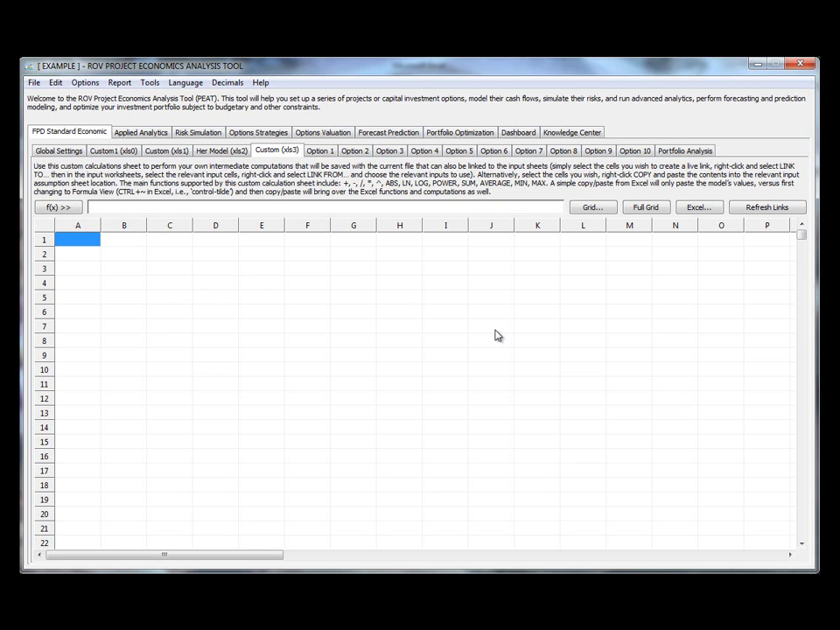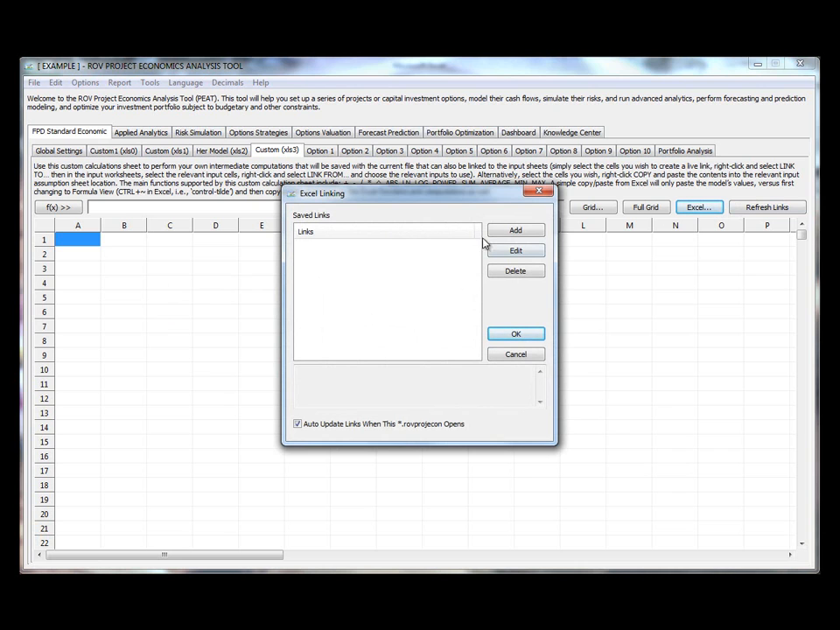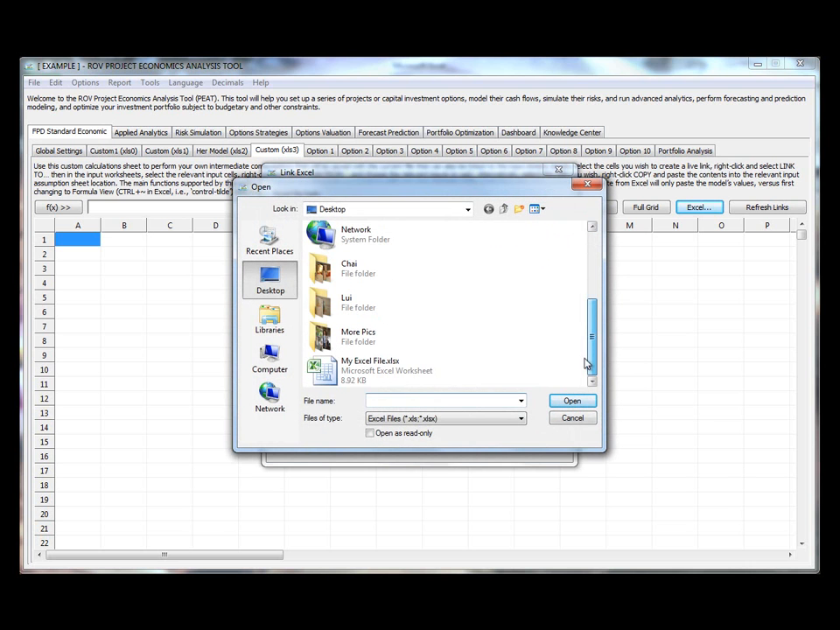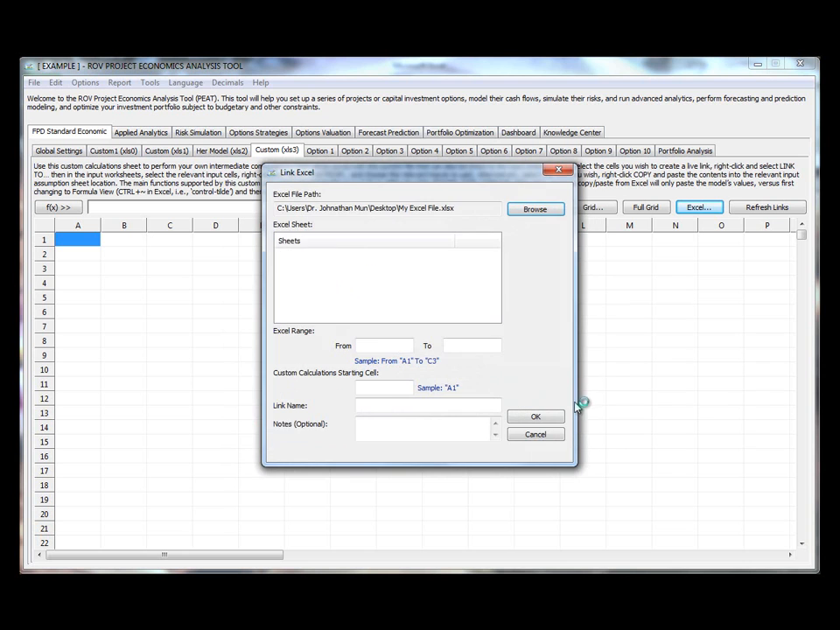and link it into my custom worksheet. So all I need to do is click on Excel, this Excel link, and you can add, by the way, as many links as you want. So I can link 5, 10, 20 Excel worksheets and different workbooks, into one or two or multiple custom worksheets, work tabs in PEAT. So first of all, there's nothing set up. So what I can do is I can click on Add, Browse, and I'll browse it to my Excel file